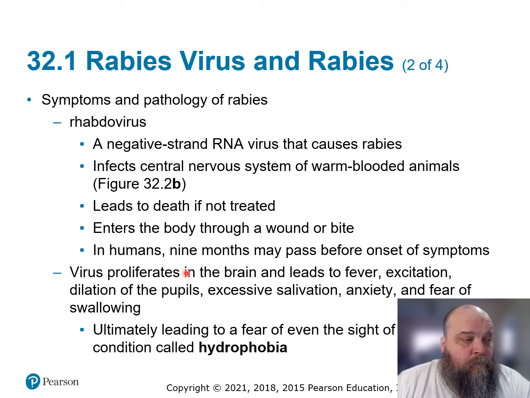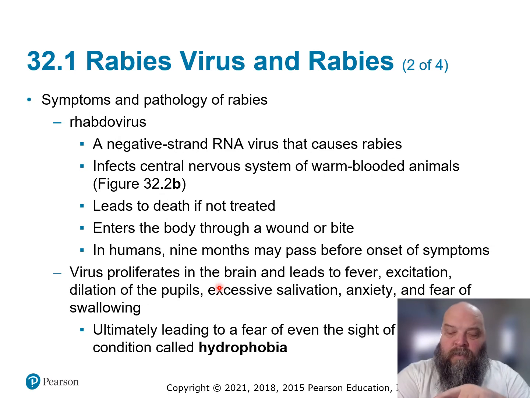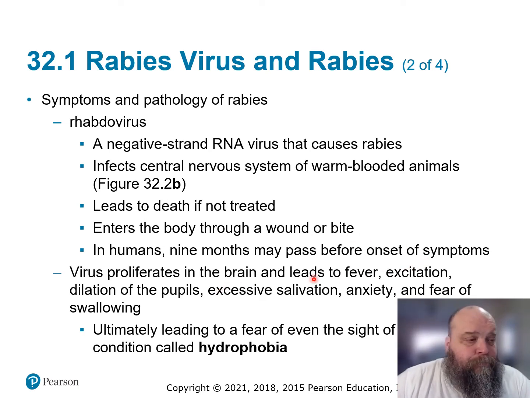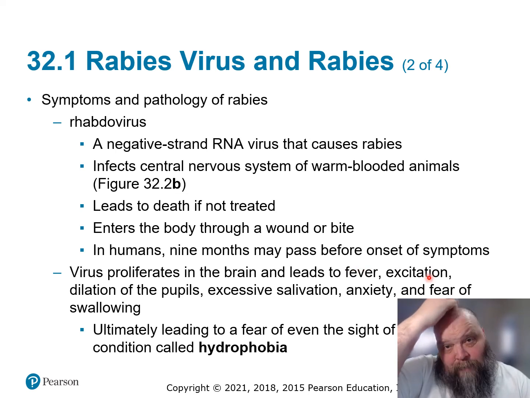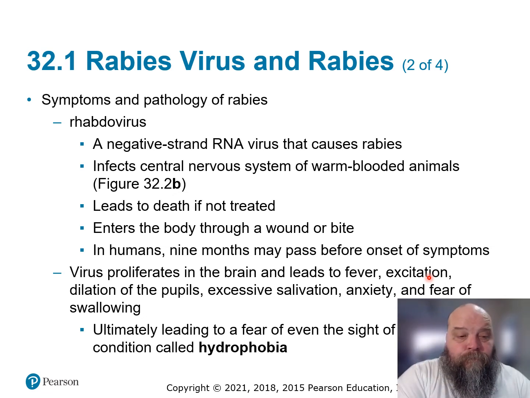Look at the symptoms. The virus hits the central nervous system, and that's why it takes many, many months, however many months you wanted to call it. Because remember, it's got to travel from the bite through the epithelial, the columnar, all those different epithelial cells to the peripheral nerve, move up over time, hit the ganglia, jump the ganglia to the central, move up the spine to the brain. Once there, fever, excitation. So that's why any animal you see that's jumpy, pupils basically dilated, they're blown.